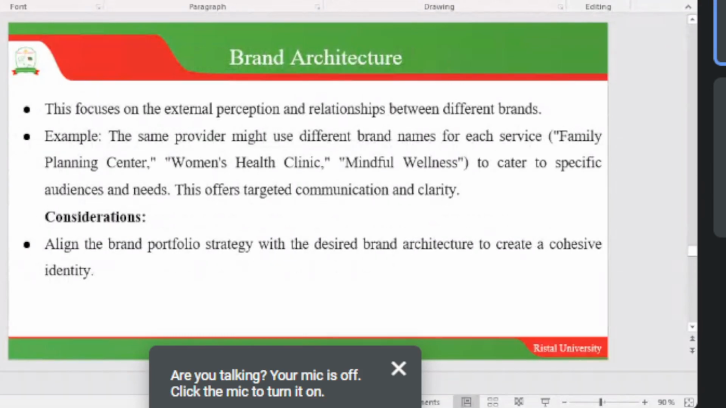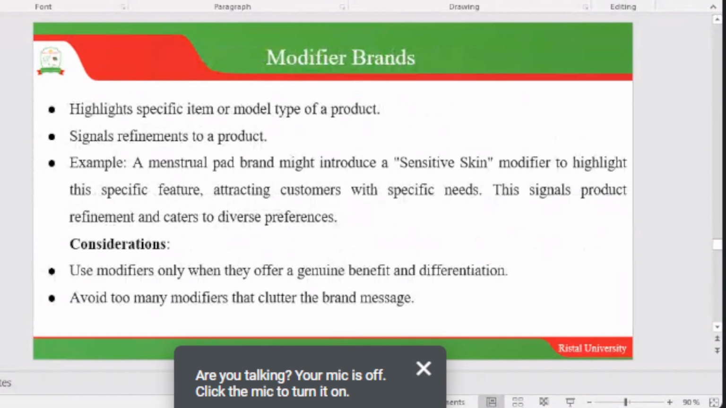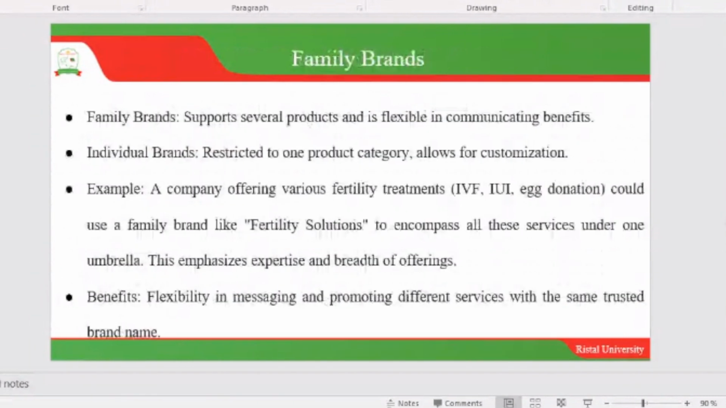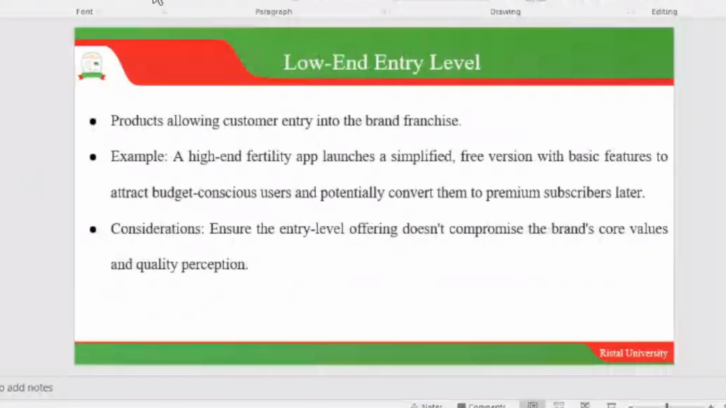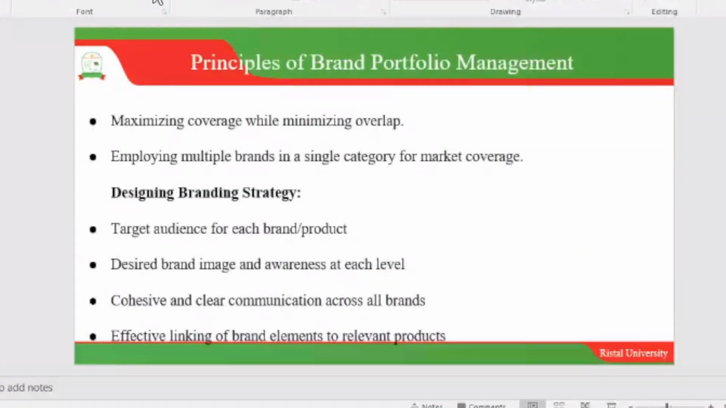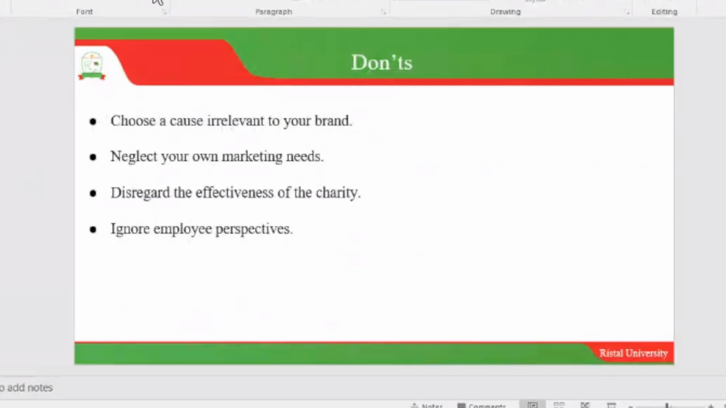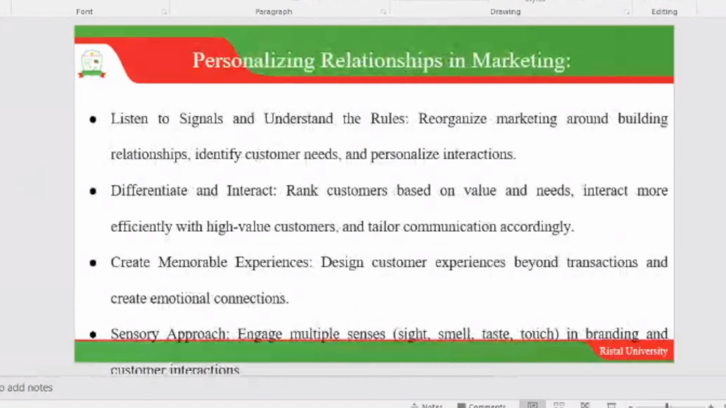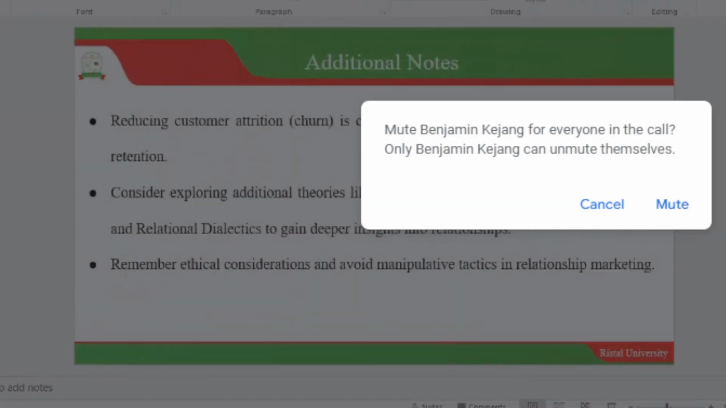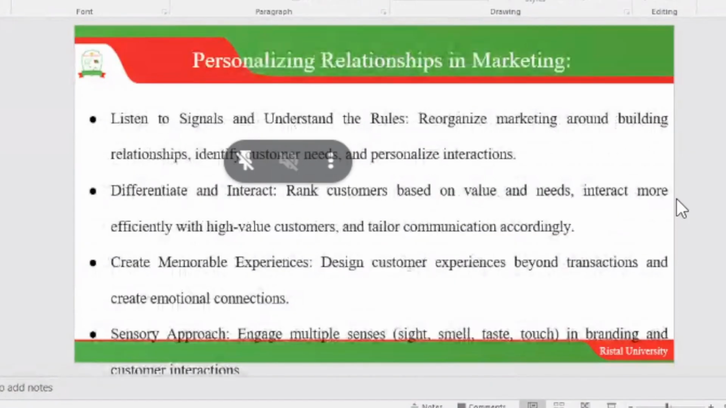I think we had been able to look at, from the last meeting we had, we introduced the issues of flanker brands. I think we started from about here, where we had additional notes